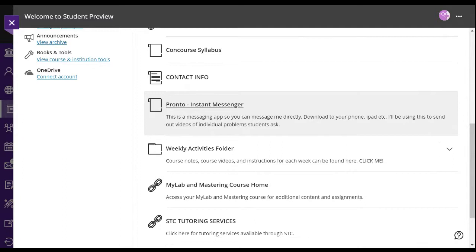And so, again, I usually send a lot of messages through Pronto. It's just an easy way of communicating with everybody. And like I said, y'all, if y'all have questions, you can send me questions about anything. You can put it in our group thread, or you can message me directly. And I made a mention of this in the welcome video, but a lot of my students will get stuck on a homework problem, and so they'll message me directly.